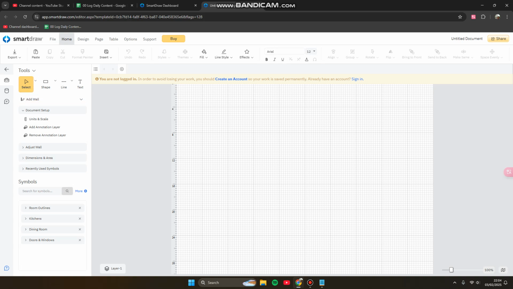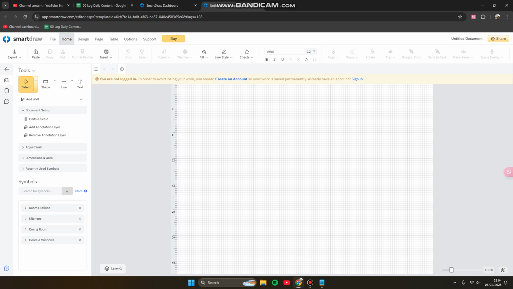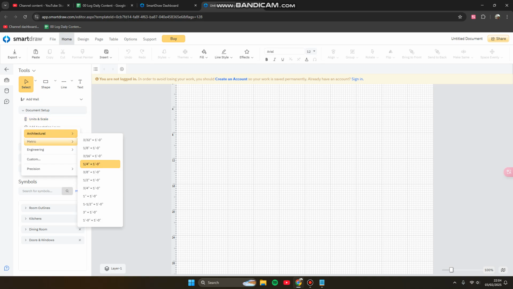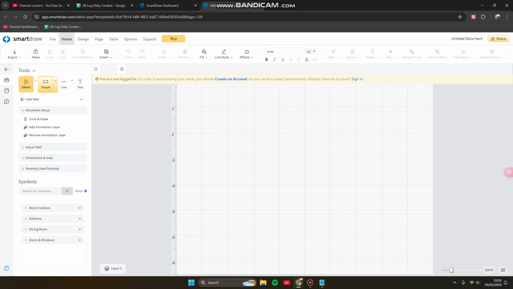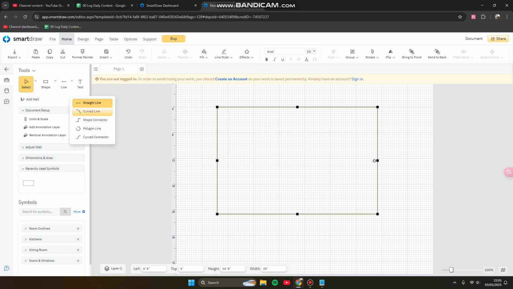And here we go. These are the tools. So the first one, here you can try to select the tools, like select multiple, select all, and so on, like unit scale, architectural, metric, and so on. This is the shape. Maybe you want to draw a shape here, like a square or something like this, and also line, curve line, shape, connector, polygon line,